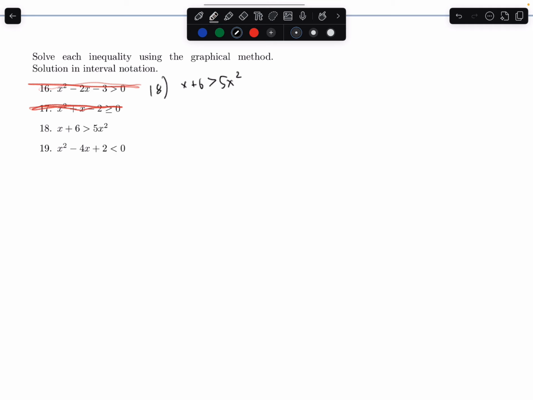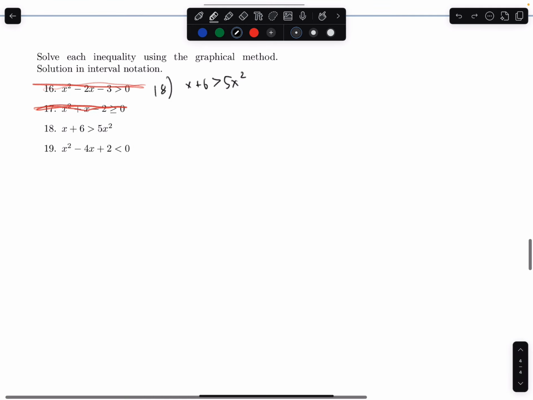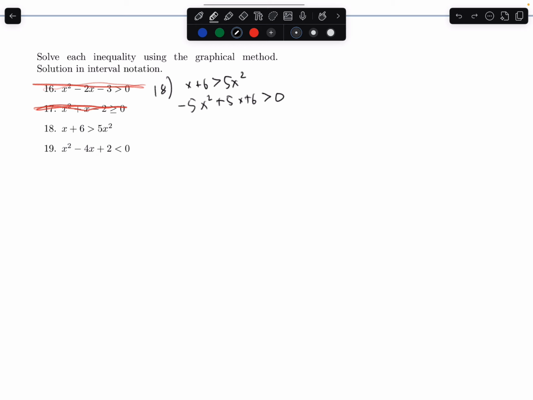Okay, let's continue. So 18, first thing I want to do is just move everything to one side. And I can pick which side I want. I can pick either side, actually. So why don't we just move everything to the left? Because we're kind of used to things being on the left, yeah? So if I move everything to the left, how would I do that? I would subtract, so I'd have negative 5x squared plus 5x plus 6 is greater than 0. Yeah? Okay, so from this point on, it's going to do the usual thing, and I'm going to just find